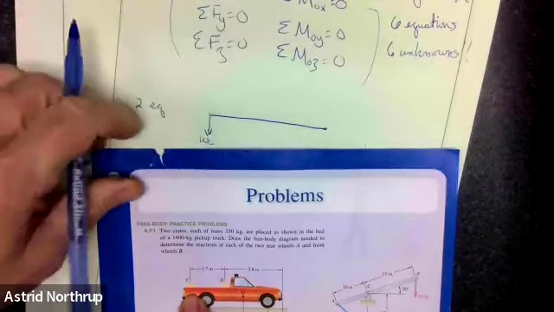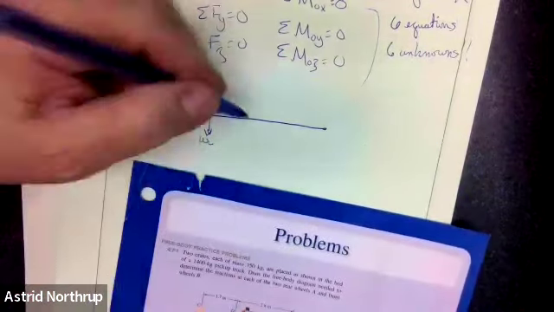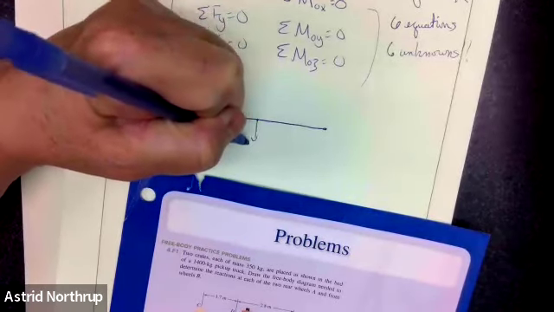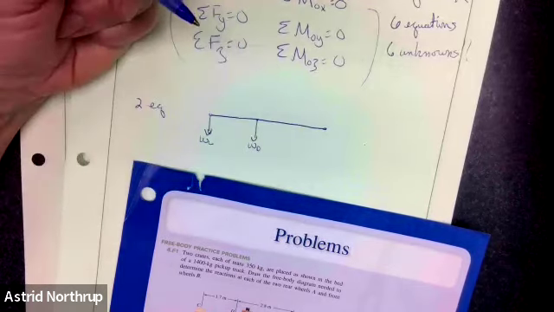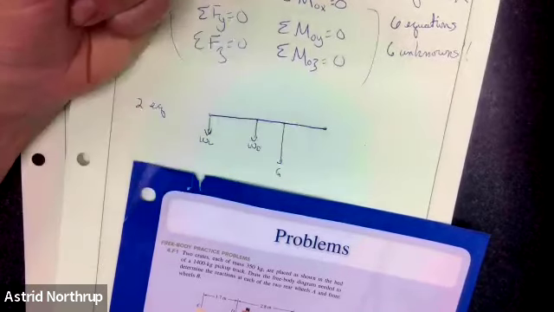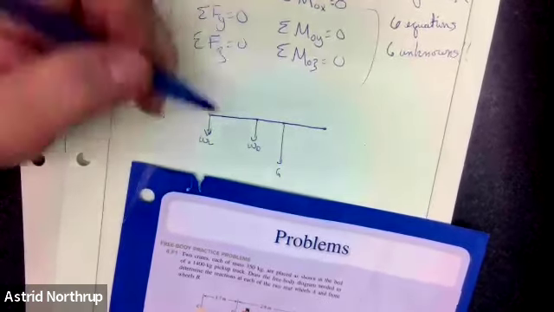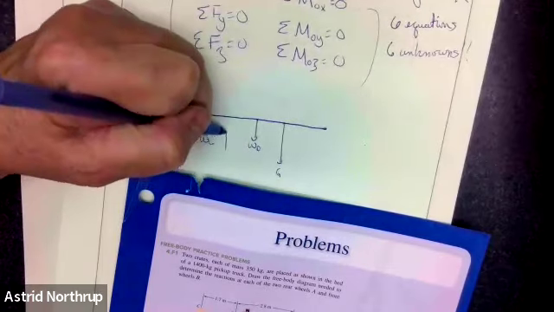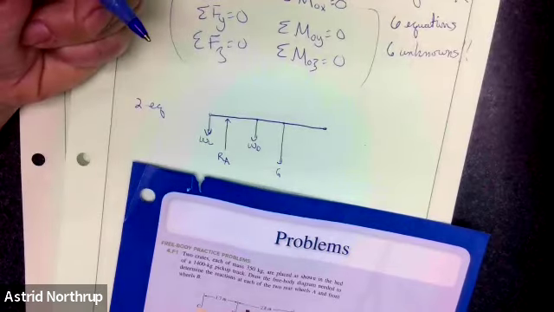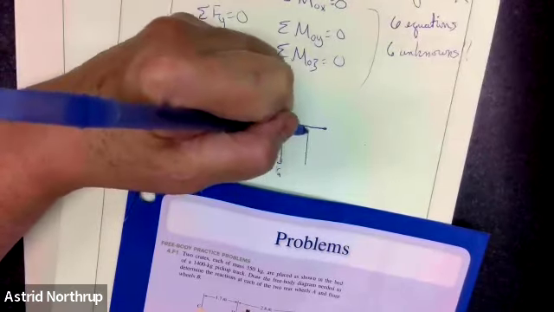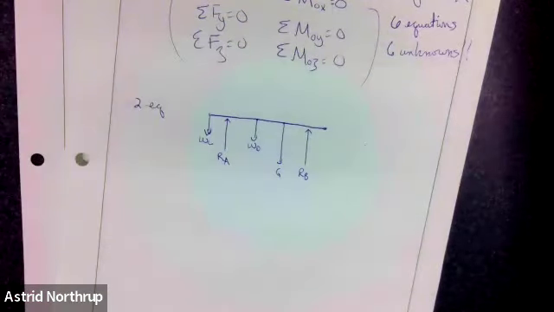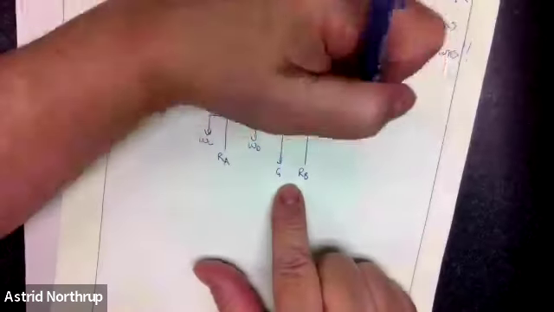That would be the weight of C. D is also a crate, which pulls down with the weight of D. G pulls down with the weight of the truck. And then A, which is the rear wheels, reaction at A, pushes up. And B, the reaction at B, pushes up as well. All right, now we're not quite done yet, but I want to note